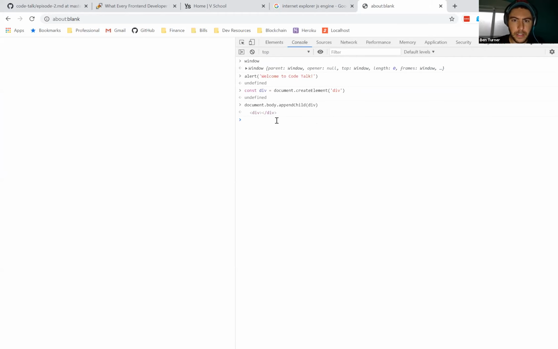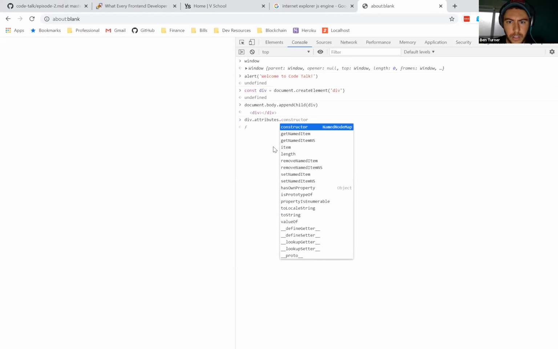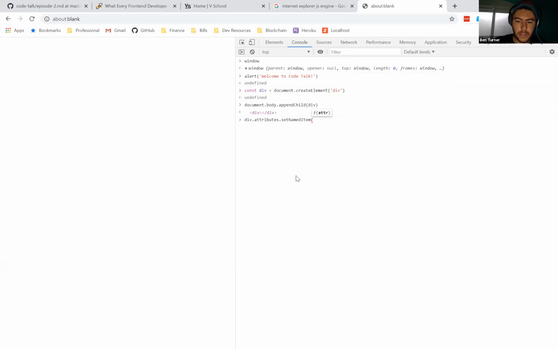Let's give that an ID. Oh, that's not the right one. Anyways, it doesn't matter. I've got this div, and I want to know what's the closest element to it.